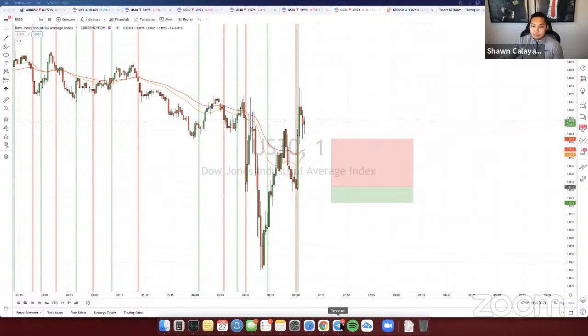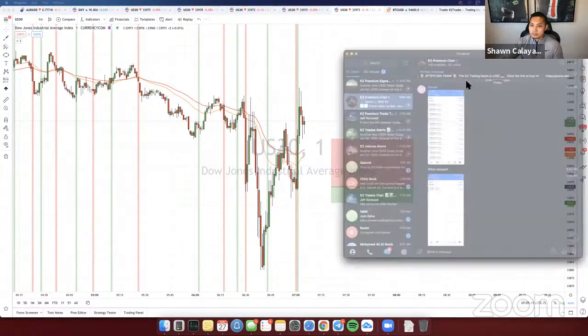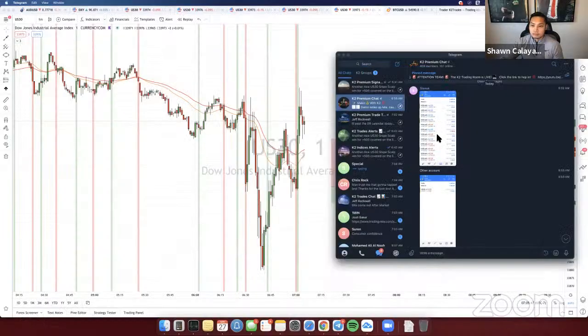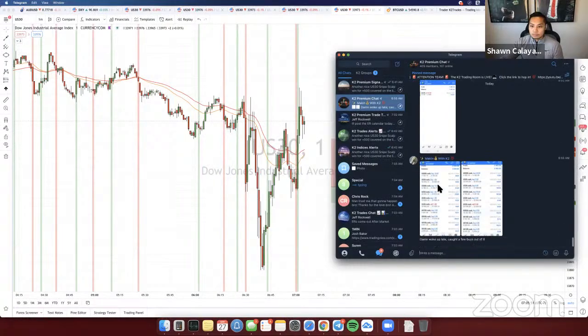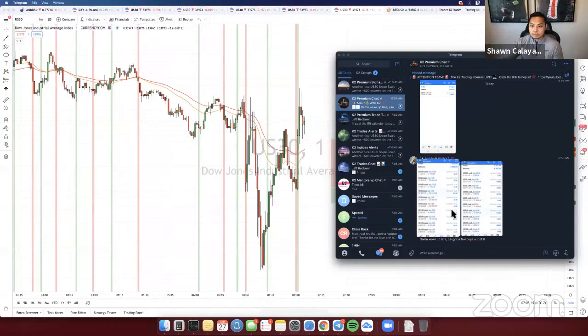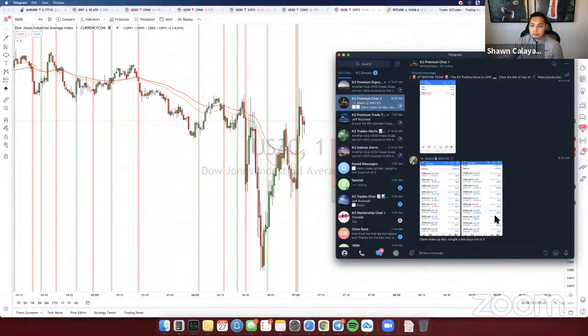Let me see who else is in here right now. All right, cool. Nice. Damn, you guys locked in a lot of profit today. I'm looking at everyone else here in the group. Yeah, it looks like Sisuk locked in. How much did you lock in today, Sisuk? Locked in 2,000 off that account. And his other account over here, he locked in 1,448. So it looks like all you guys have straight wins today. Cheryl over here locked in 2,000 off her first account. She locked in 2,400 on the other account. So nice work, everybody.